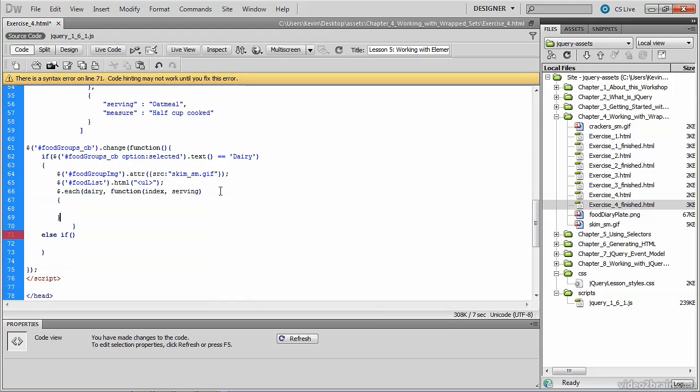Next we'll write this function. The goal of this function as it loops through the dairy variable is to add li or list item tags to the UL tag we created here. So first we have to access the UL tag that we just created so that we can, via jQuery methods, append to that UL tag all the li tags that are going to be created as a result of this